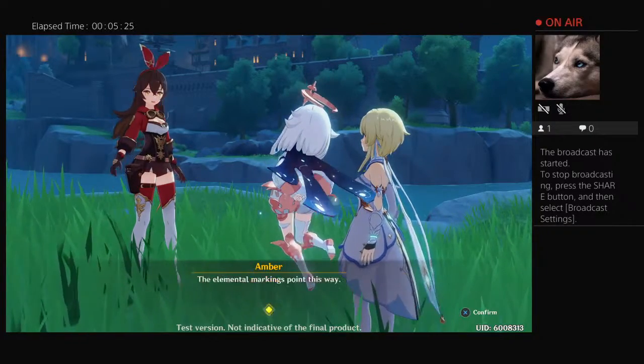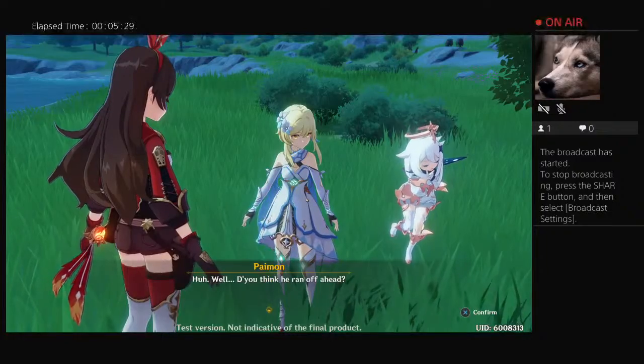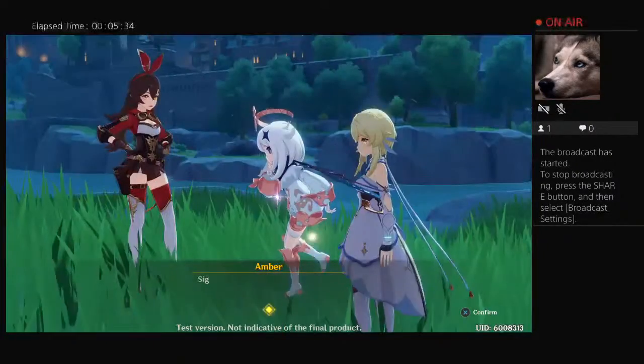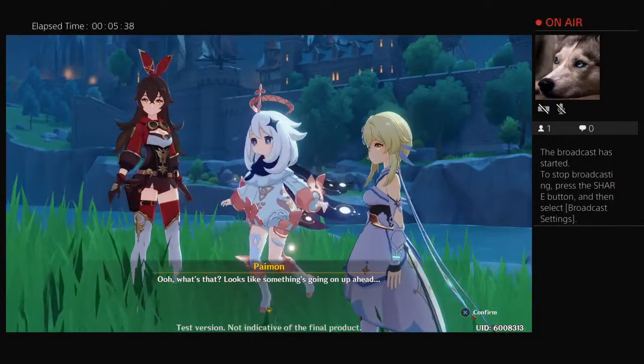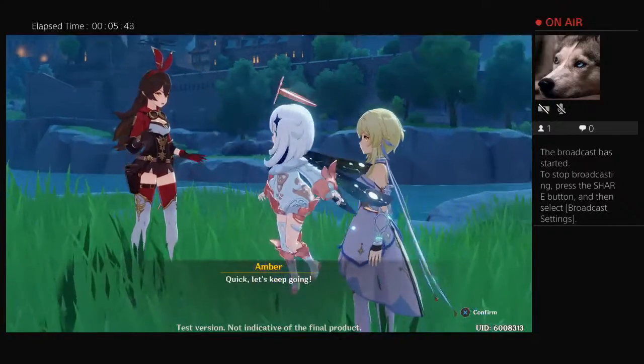They're very clear. It appears that the elemental markings point this way. Huh. Well, do you think he ran off ahead? There's only one way to find out. Come on, we should keep following the mark... Ooh, what's that? Looks like something's going on up ahead. That's the sound of battle. There's a chance it could be quick. Let's...